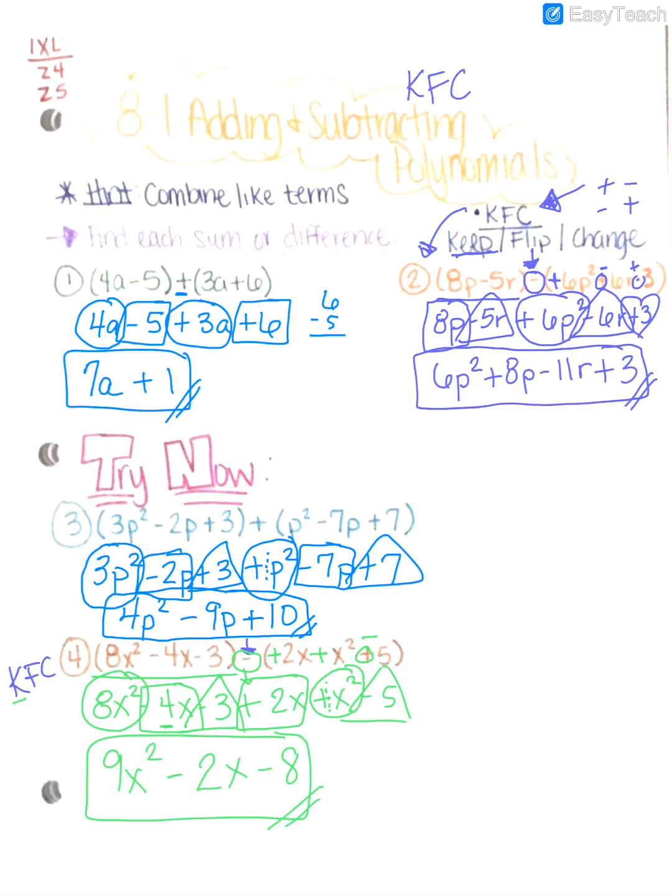For this one, you are going to have an IXL, which is Z4, and it will be including adding and subtracting. Just keep in mind, for adding, you do the exact same thing you were doing on Z5, but for subtracting, you are applying the KFC. If you don't apply the KFC, then your answer would be wrong if you're just combining like terms. So make sure you remember, only when you are subtracting, apply the keep,